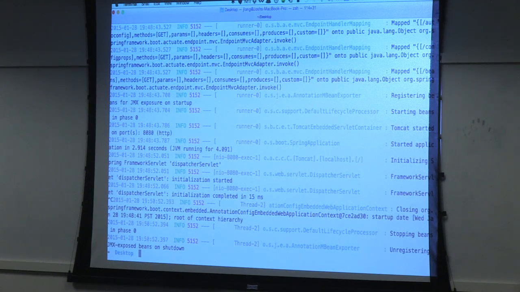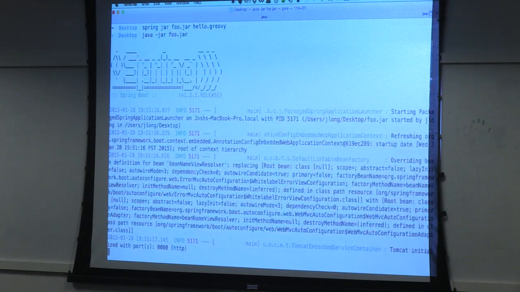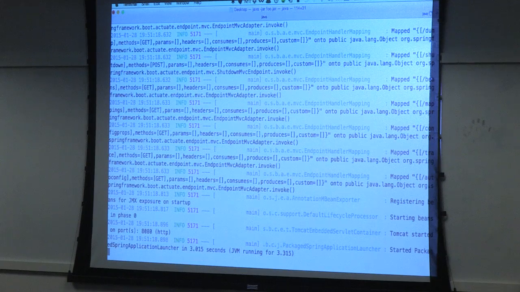You may be thinking, Groovy's all well and good, but I'm not going to deploy that nonsense to production. It's a script. They won't respect me if it's a script. It has to have a 20-page deploy summary or something. So I'm going to go ahead and make it a jar so your operations people feel more comfortable. So spring jar, foo.jar, and then I'm going to say hello.groovy. And what that's going to do is give me a jar, java -jar foo.jar, that I can then run, just as before, with the libraries inside of it.